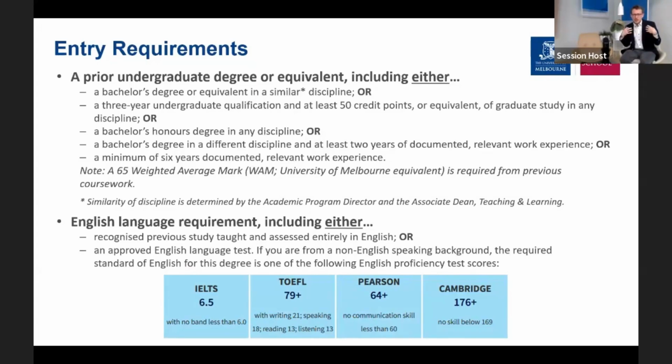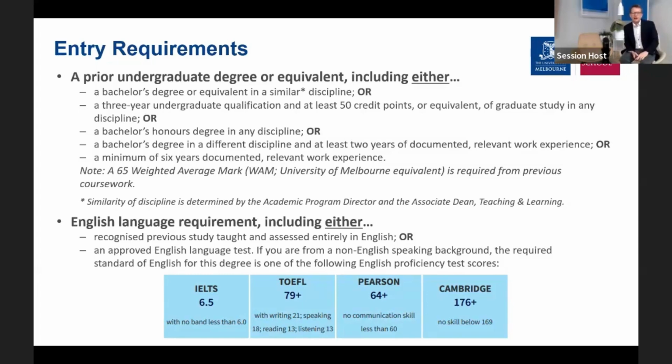And we are taking a very broad view of what similar means for a bachelor's degree for this program. So even if you haven't gotten a bachelor's degree in business, maybe some other field, and you're wondering, is this similar enough? Go ahead and give us an application, because we are looking to interpret this quite broadly. And as we'll discuss later, there are other pathways into our program, even if you don't quite meet these requirements. We're happy to take your application and give you a recommendation for those other pathways if they apply.